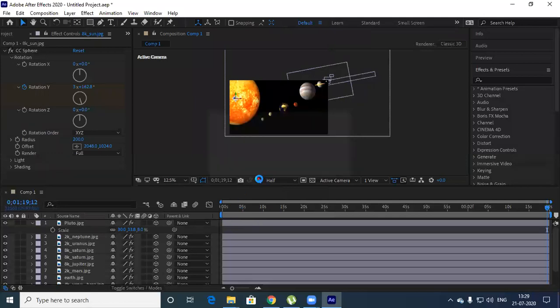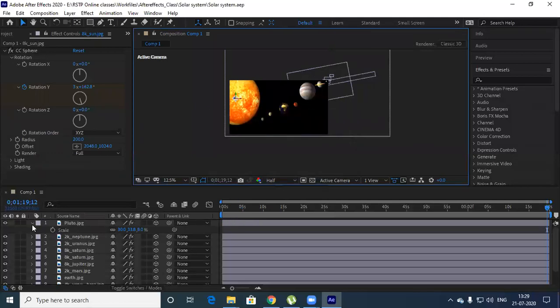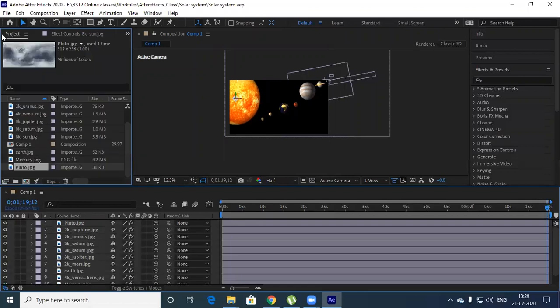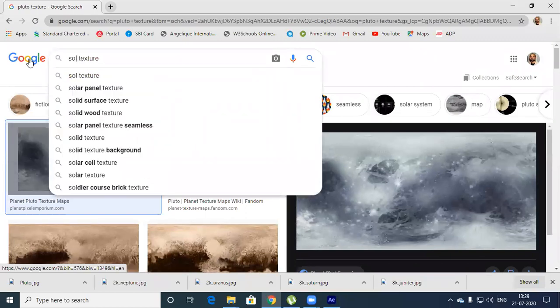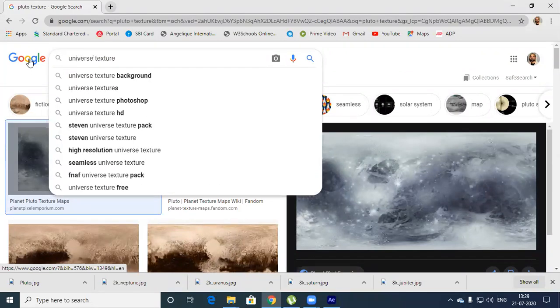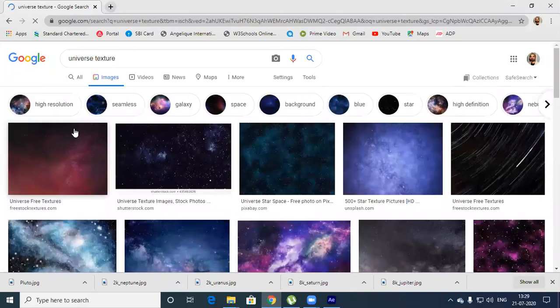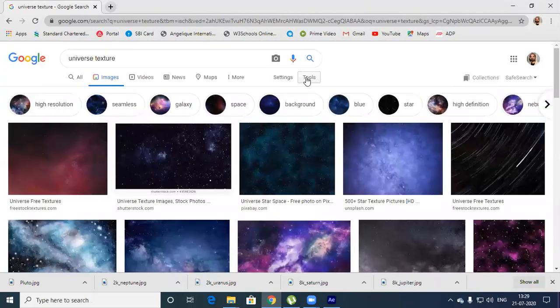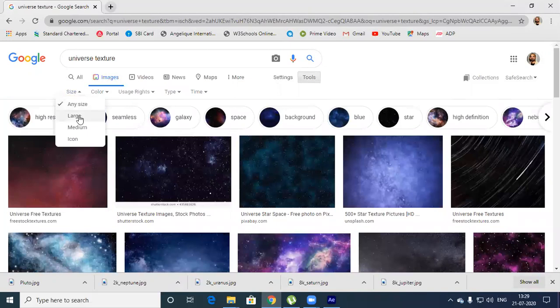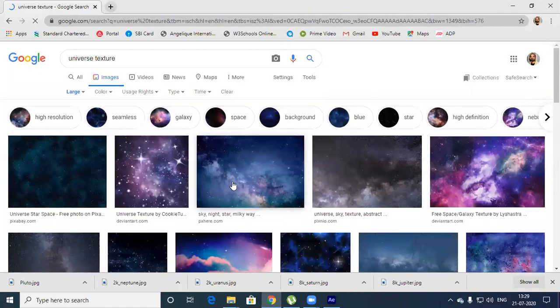So then let's take a camera. Everything is set. Okay, before that, we don't have a universe. So universe texture background. You can go something like this. You can take this one or this one or this one. So let me take something on a larger size, because anyway I'm going to zoom a lot.